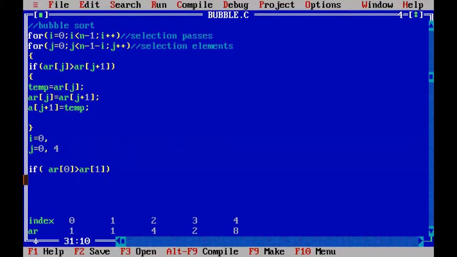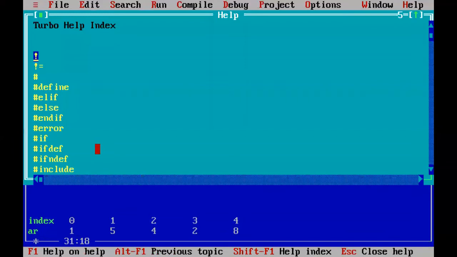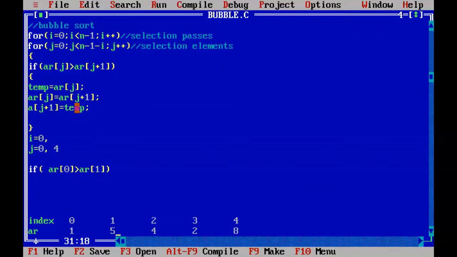Then into AR of j plus 1, that means AR of 1, equal to temp. What is the temp value? AR of j value, that is 5. So that 5 is assigned to j plus 1. When swapping occurs, the 1 and 5 values are swapped according to the earlier swapping logic.